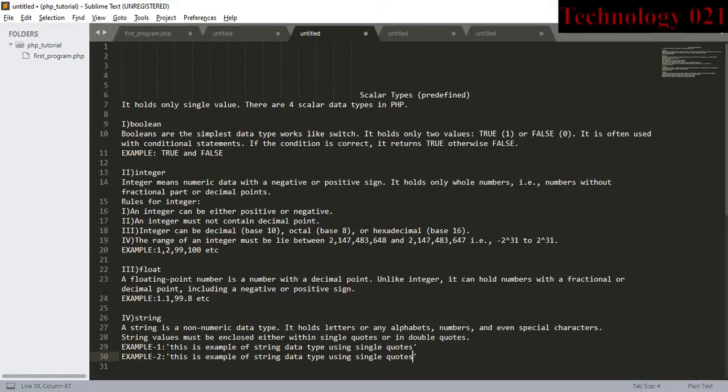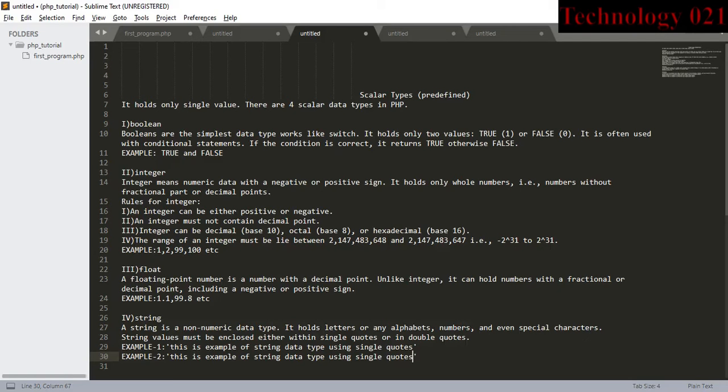The first type of scalar is Boolean. Booleans are the simplest data type. It holds only 2 values, true or false. It is often used with conditional statements. If the condition is correct, it returns true, otherwise false.